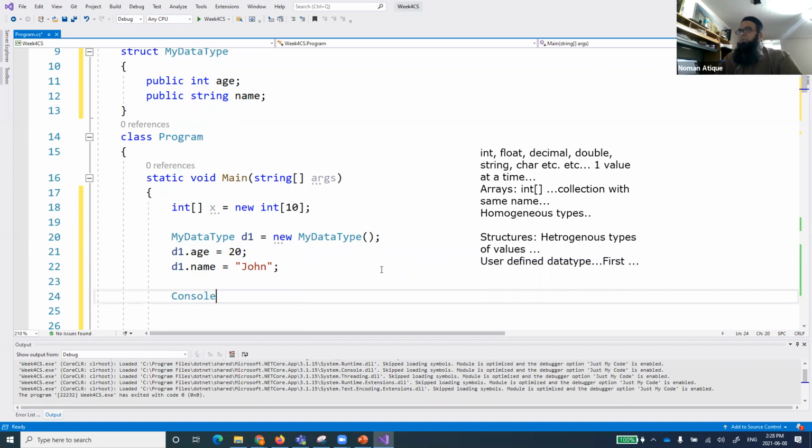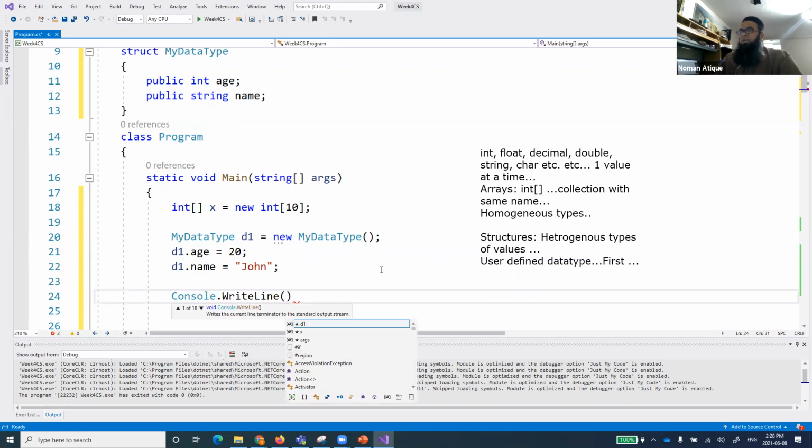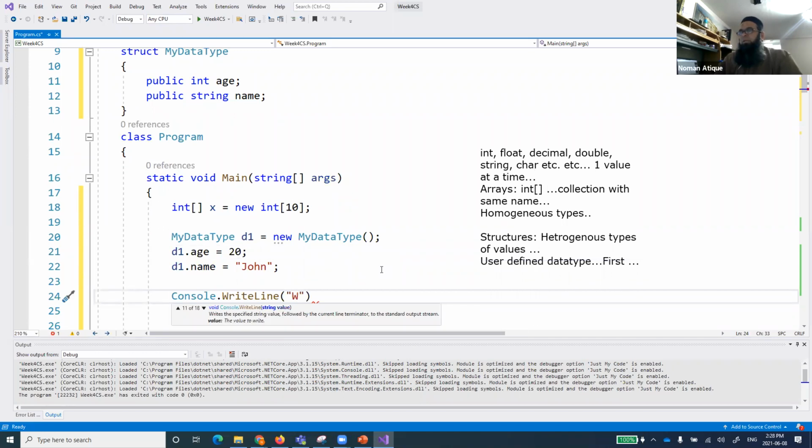Now if you Console.WriteLine and print a value, for example, "welcome {0}, your age is {1}". And how will we access these variables?